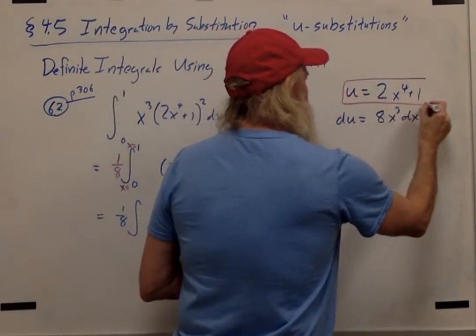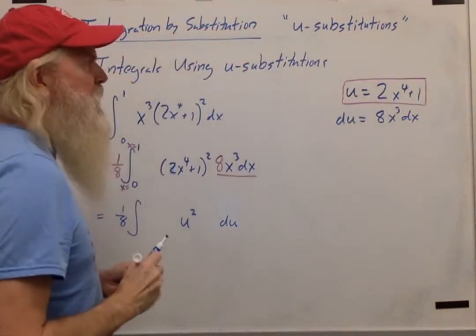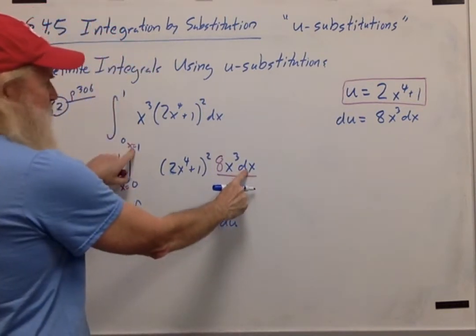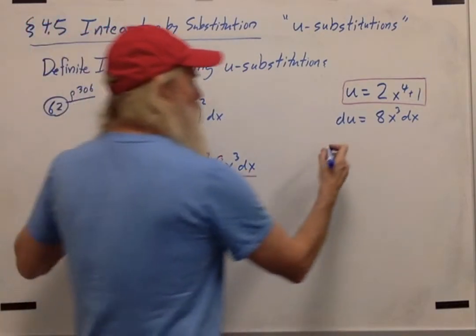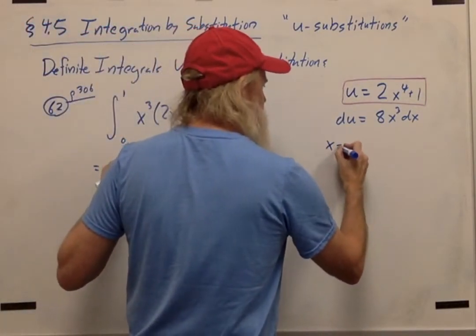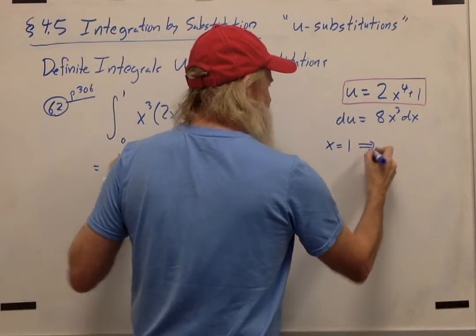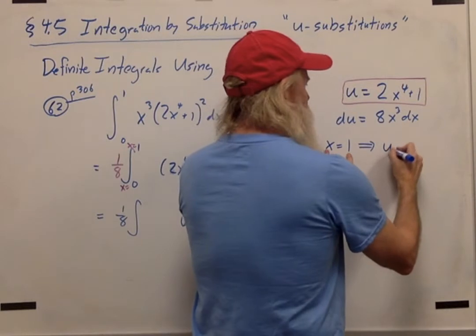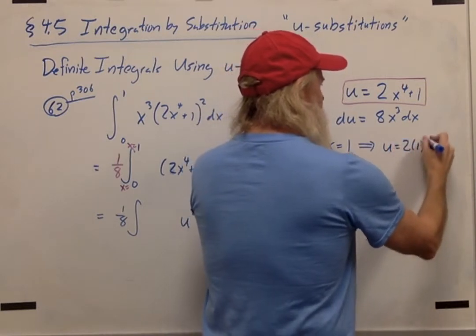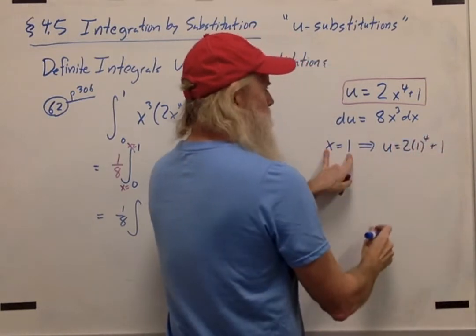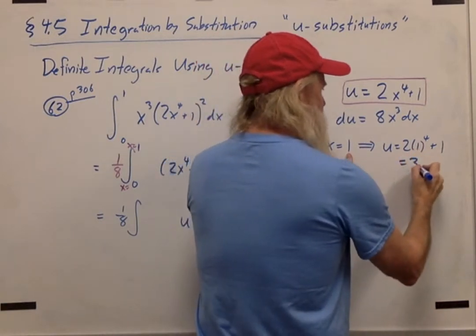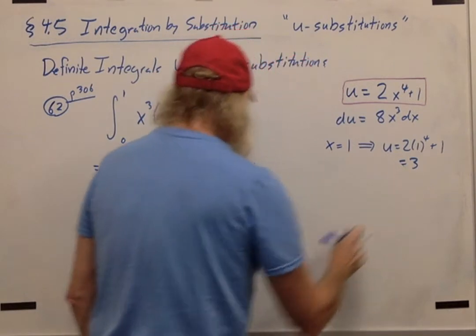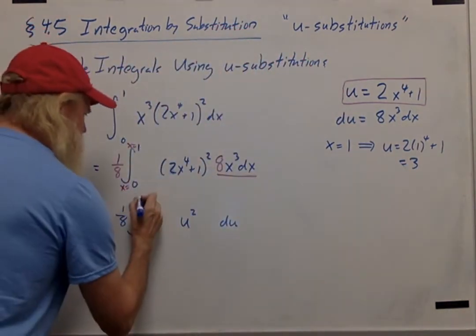If we look over at this formula, we see that u is 2x to the fourth plus 1. So in this upper bound, we have x equal to 1. If we take that 1 and substitute it for x, we get that u is 2 times 1 to the fourth plus 1, which is 2 plus 1, or 3. So x equals 1 corresponds to u equaling 3. So my upper bound